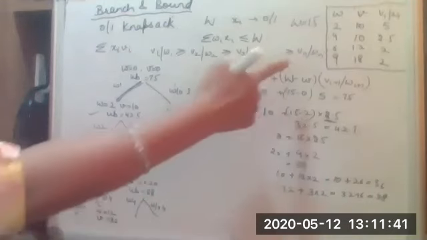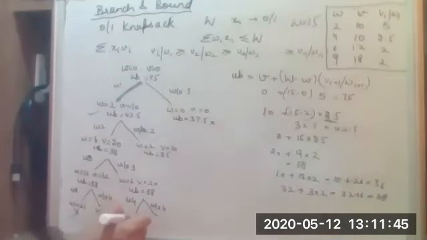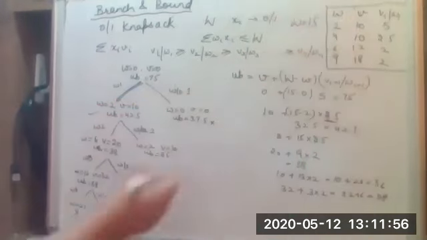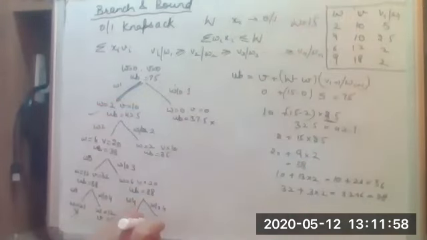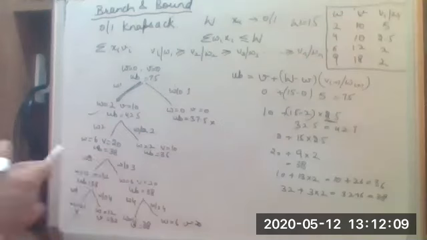Now coming back here, with 4 and without 4. With 4, here the weight is 9, 9 plus 6 is 15, which is a feasible one. So it is clearing that criteria. And the value will be 20, 10 plus 10, and then this 18, that is 38. If you are not considering the fourth element, weight will remain as 6 and your value will also remain as 20. Now let's see what all node values that we have.